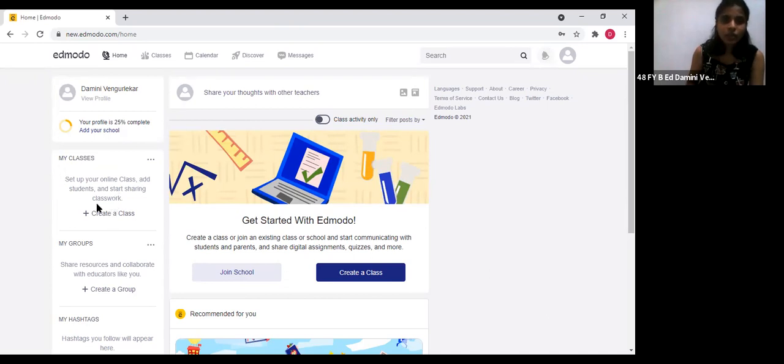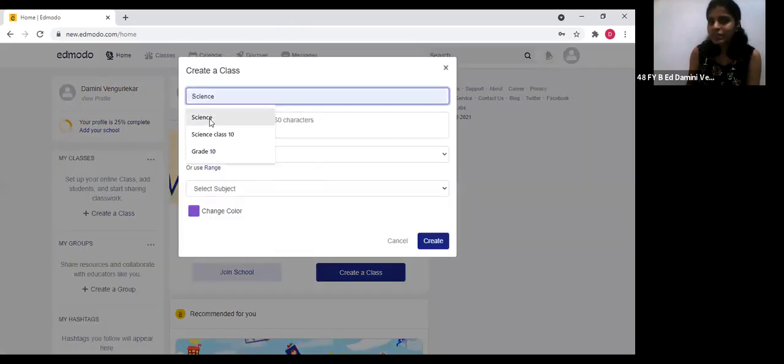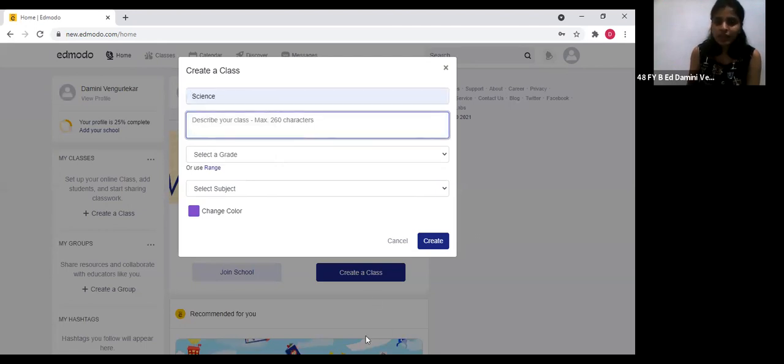For that, here on the left hand side, we have the second option of my classes. To create a new class, you can just click on create a class. You have a plus sign here. After that, you can name your class. I'm going to name it science. Then you can describe your class. For example, I'm just going to write, this digital classroom will be used to send study material,